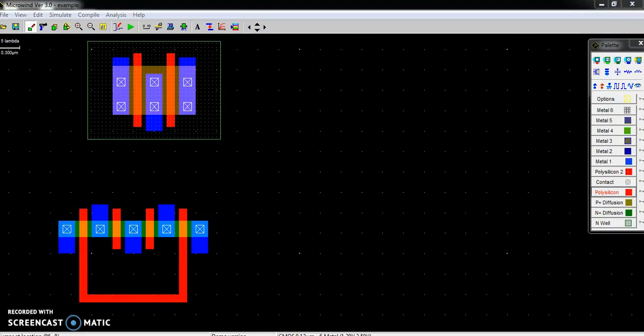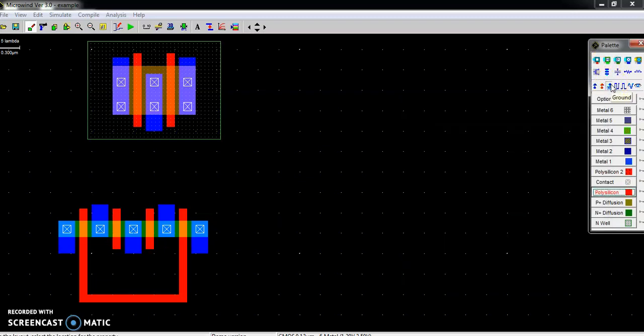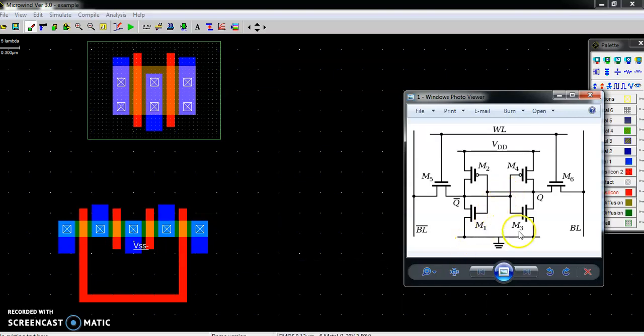Now we have to connect ground to the terminals of M1 and M3. So we will take one common terminal and we will apply the ground to this common terminal. So just go to palette, click on VSS or ground and place it at the common point of M1 and M3.